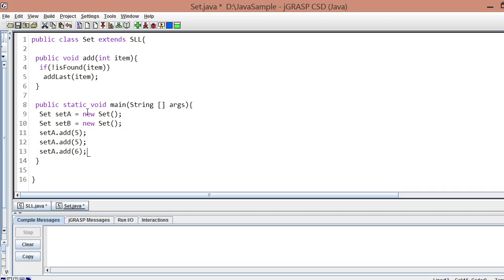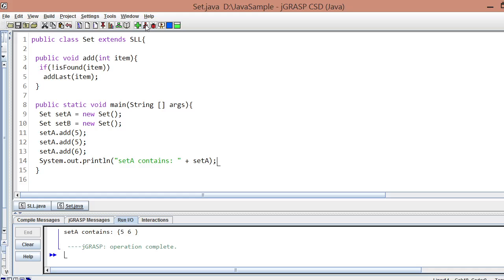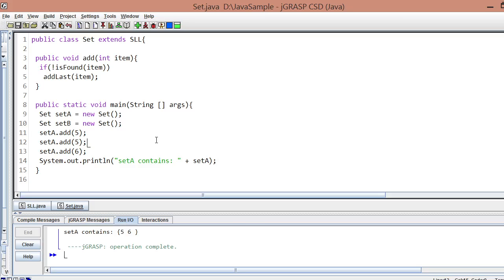With two 5s, we expect that the add method adds only one 5. System dot out dot println set A contains, let's call the set A. Let's see the elements in set A. I hope it's only 5 and 6. Okay, we have only 5 and 6. So we're able to trap the entry of the other 5. That's okay.